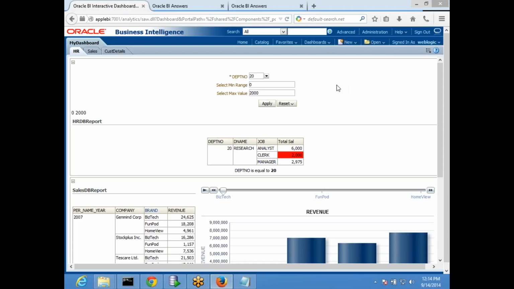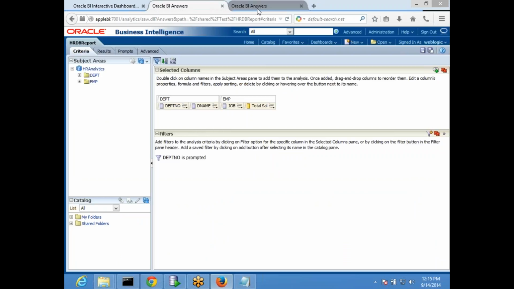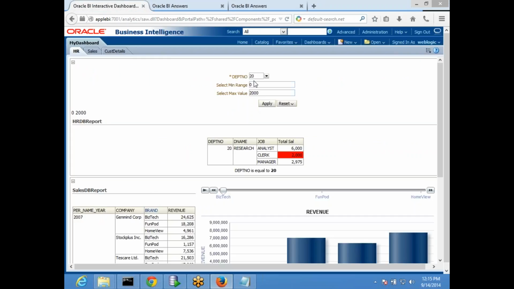So if I select 10, I want to see 20 data. Right now when I select 20, it is automatically showing 20 only. But if I select 20, I want to see only 30 data, meaning whatever value you select here, you add 10 to it and then put that as a condition. So what you can do,